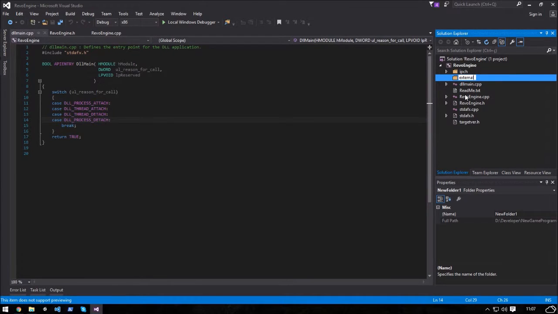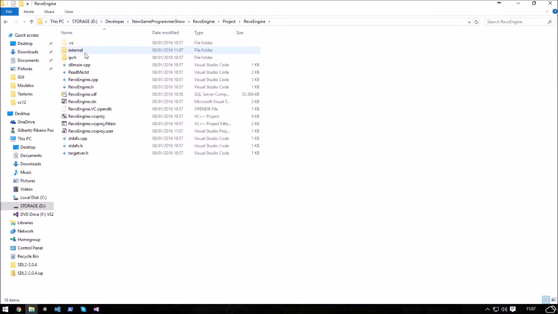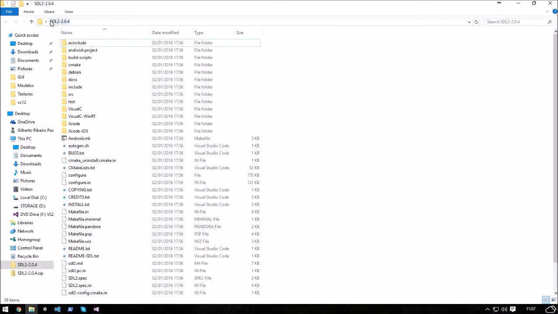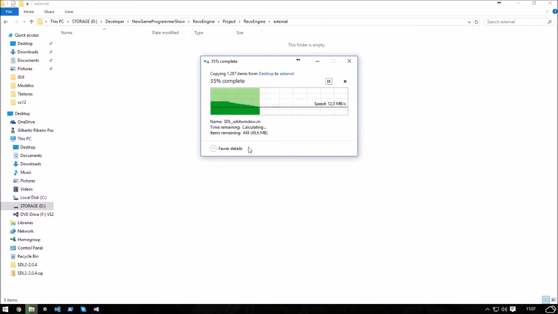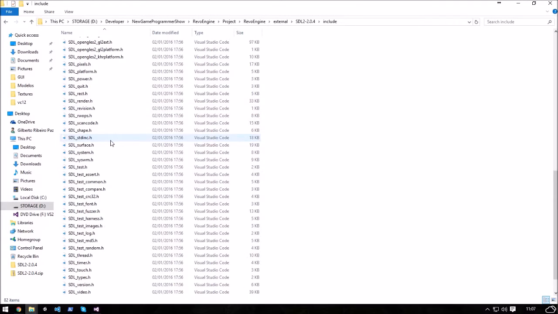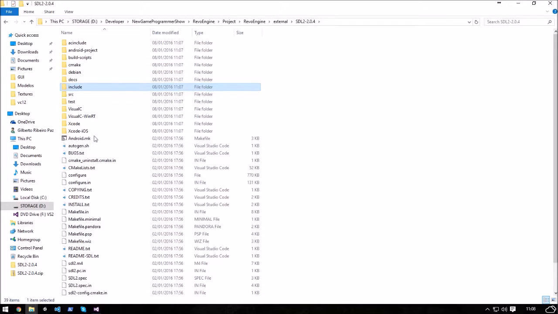the usage of external tools. So external, just a folder, and there, where I saved it, I'm going to enter on external, copy the STL with the number, and that's it. So it having here all the .h files that we're going to link